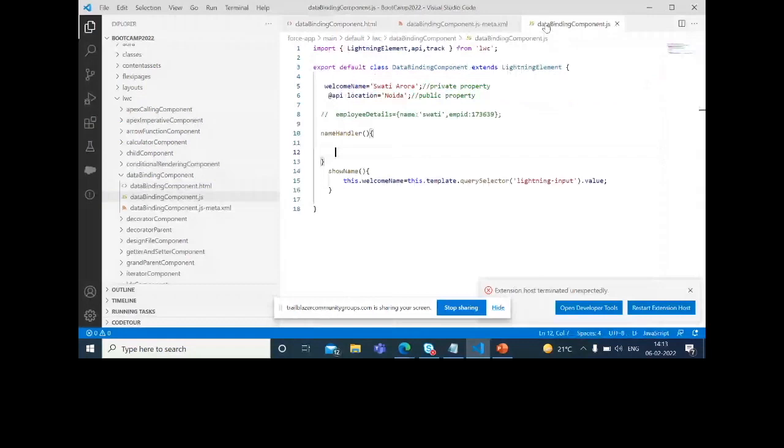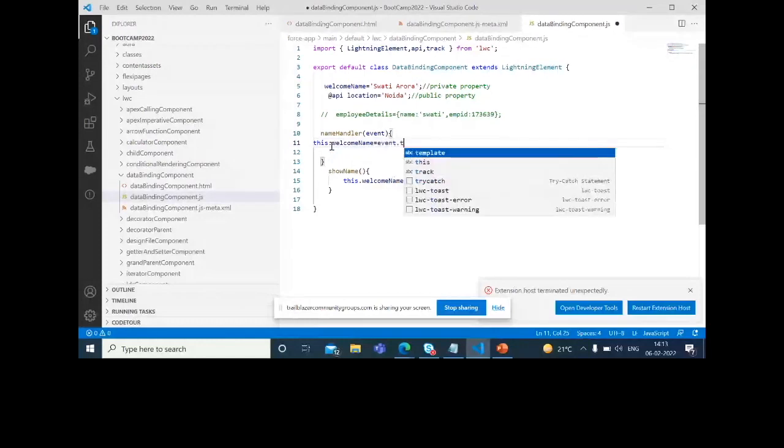This is the predefined event parameter. Now whenever you want to access any property inside a JS function, you access it with the this keyword: this.welcomeName equals event.target.value. This is the first way.